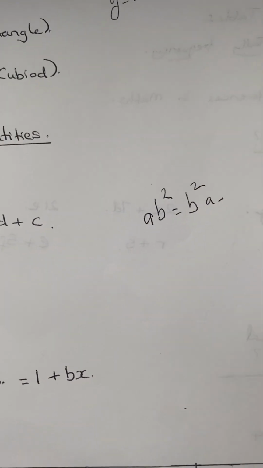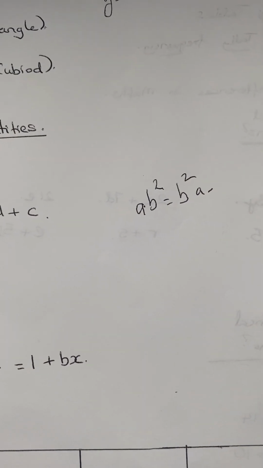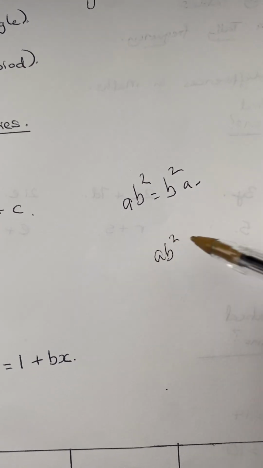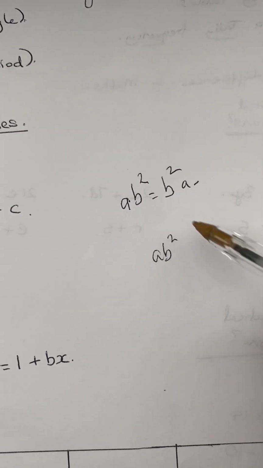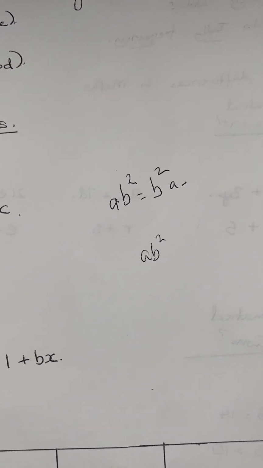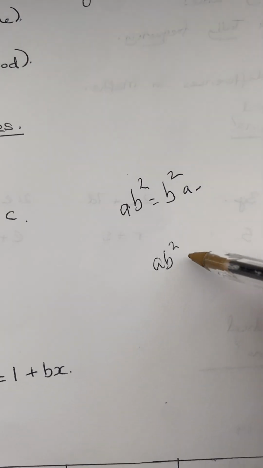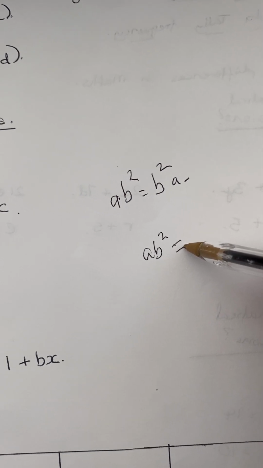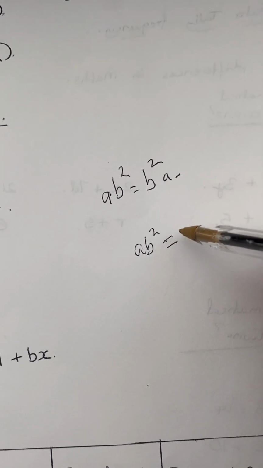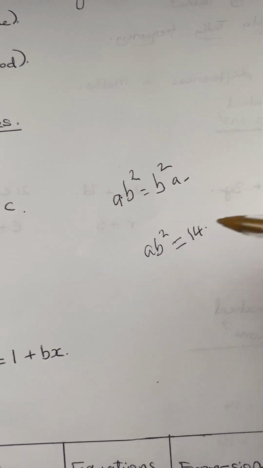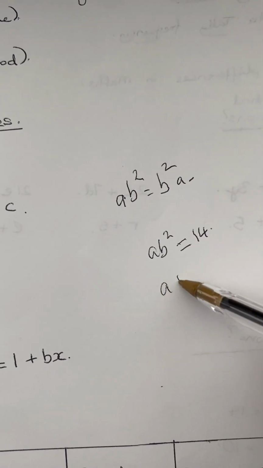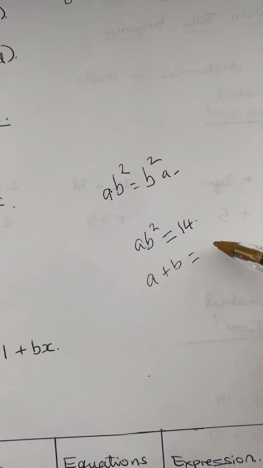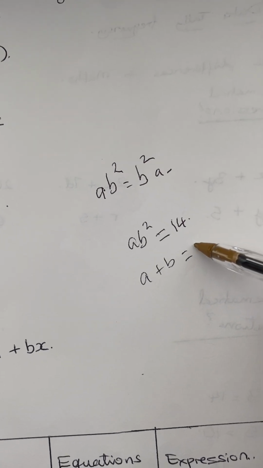I said that these are identities. ab squared on its own is an expression. But if we say ab squared equals 14, and then we also say a plus b equals 3,